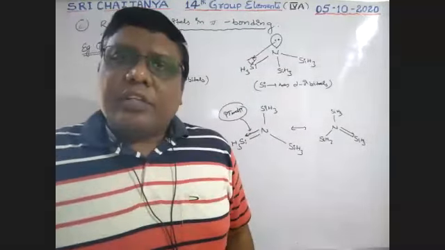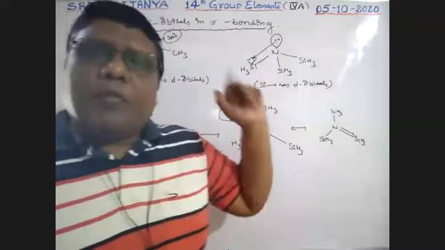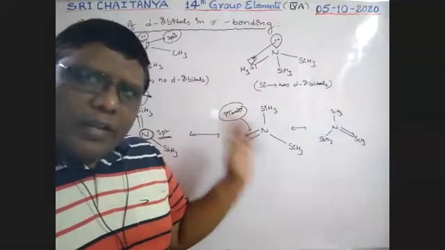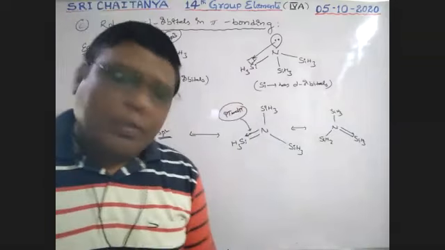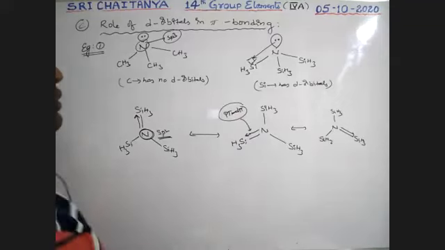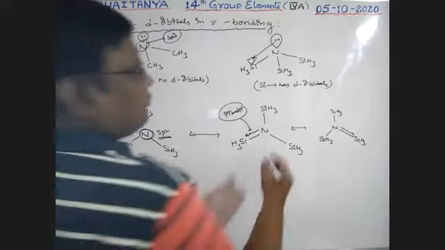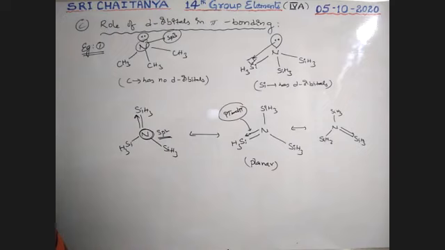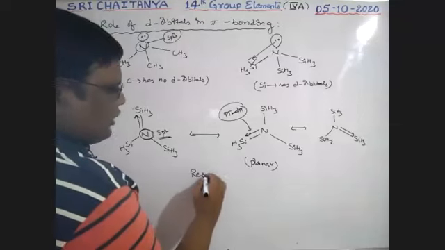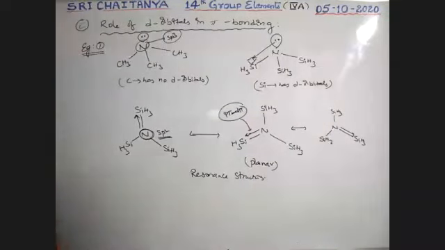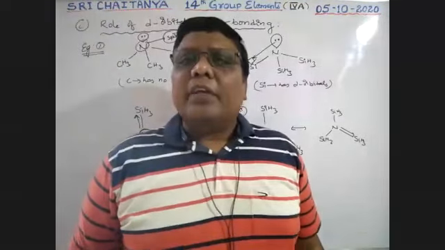This is the best example for us. Here the back bonding is possible, and that back bonding is nothing but a p pi d pi bond. So d orbitals here are involved in pi bond formation. Let us take one more example. It is very, very stable, boys. The molecule is a planar molecule. Okay, so d orbitals are involved. Next, it is involved in resonance. So these are resonance structures, all due to involvement of d orbitals in pi bond formation.